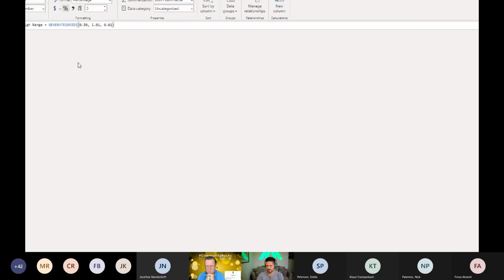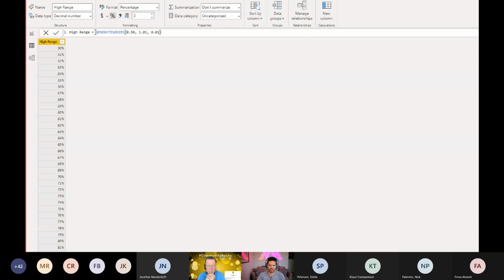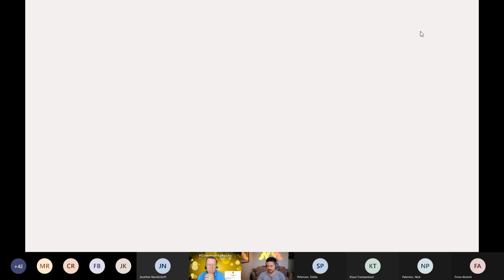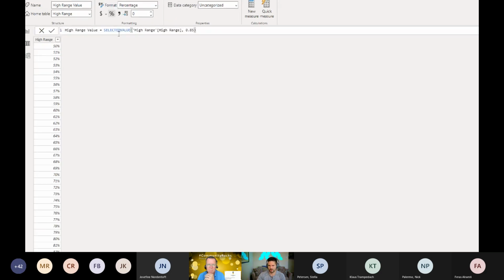Right there. There you go. It just creates a single column table for you using the generate series function, and it takes your inputs. And hey, here's basically the range that I want to do, and it creates every one of those values. And it automatically as well creates a slicer, which is that thing that you saw in my KPI measure.